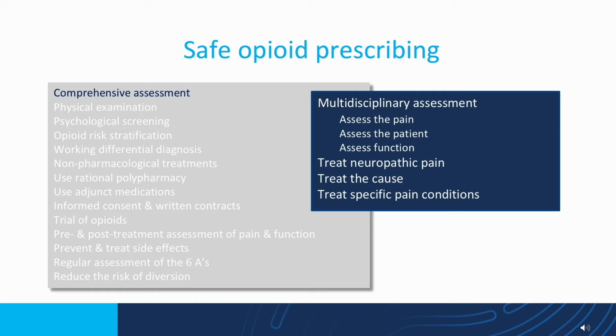Before you're going to prescribe opioids, have a comprehensive assessment. Have a multidisciplinary assessment. Remember what I said: assess the pain, assess the person in pain, assess nociception, assess the pain experience, assess their function. Ask yourself if this is neuropathic pain. If this is neuropathic pain, you treat neuropathic pain accordingly. Use the algorithm for neuropathic pain. If there is lack of function or yellow flags, functional debility, use the allied health team. Say we're going to do this first before we come back to opioids.